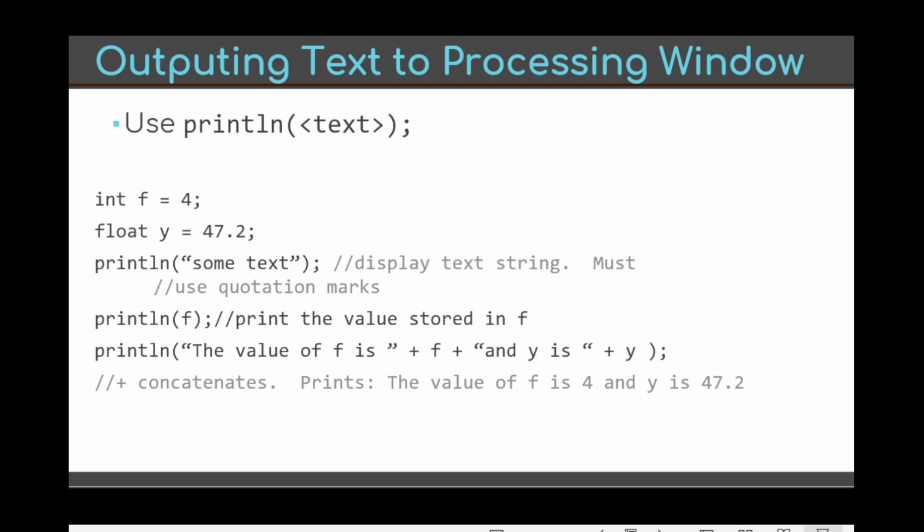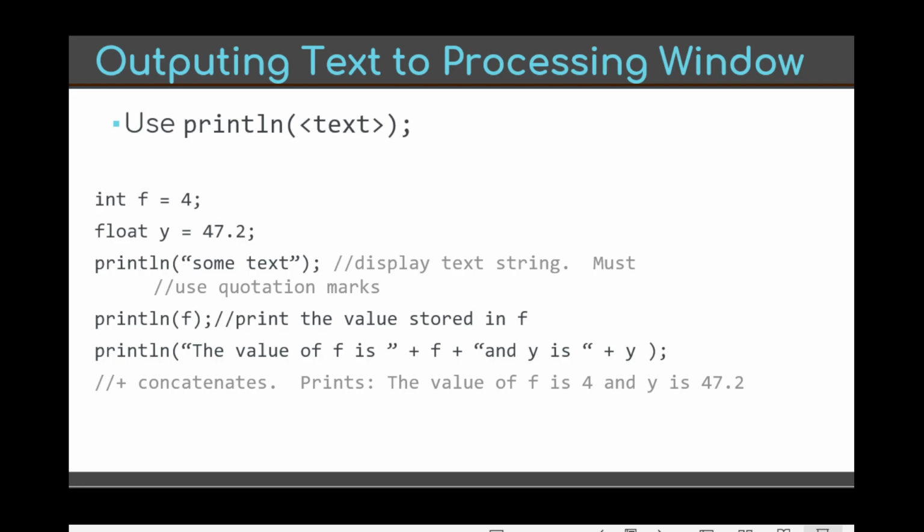And it takes text, or a string. It can also take number values in there as well and convert them to text. There's an implicit conversion that Processing knows how to do between the basic types like integers and floats. It'll know how to put those into text automatically,